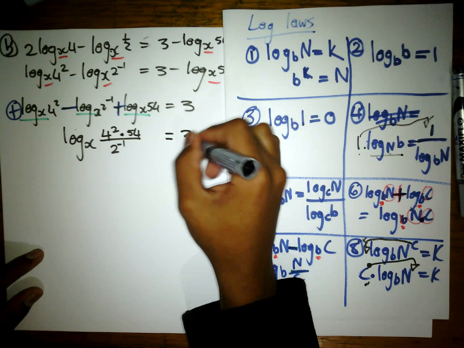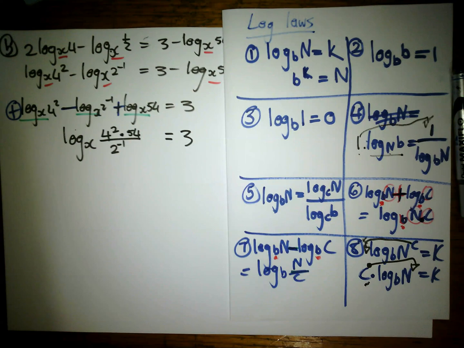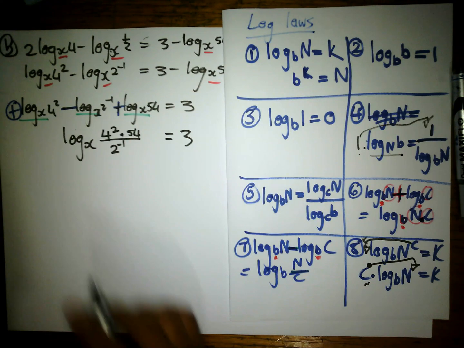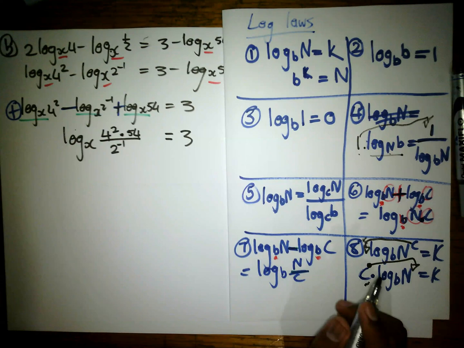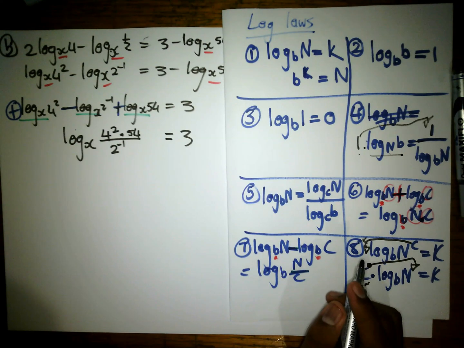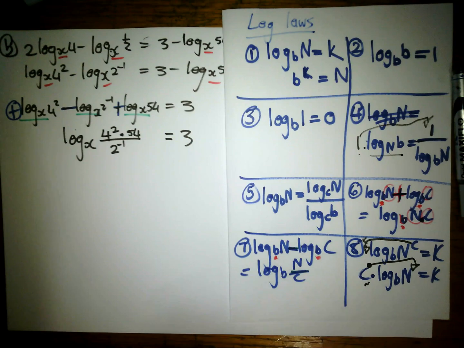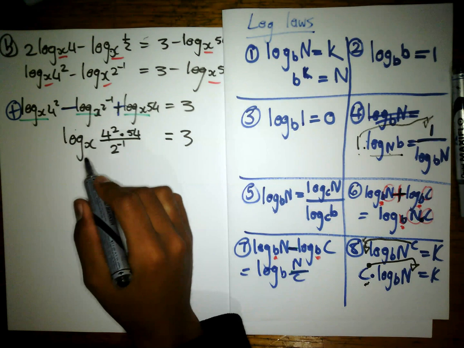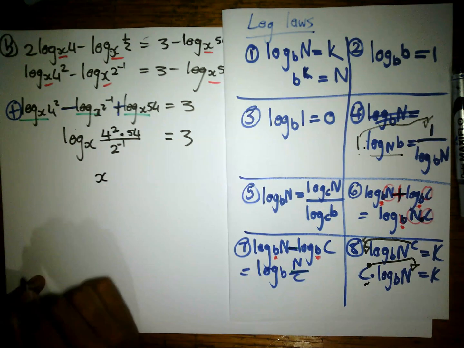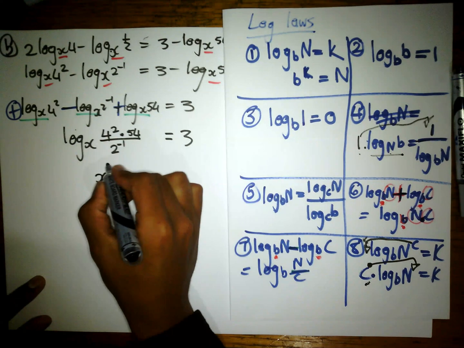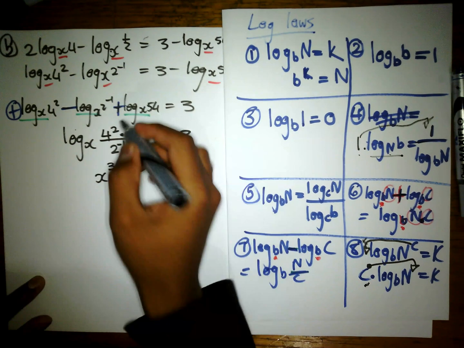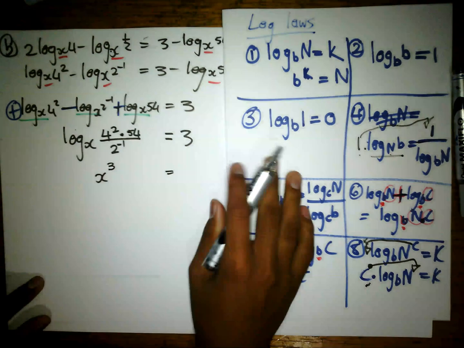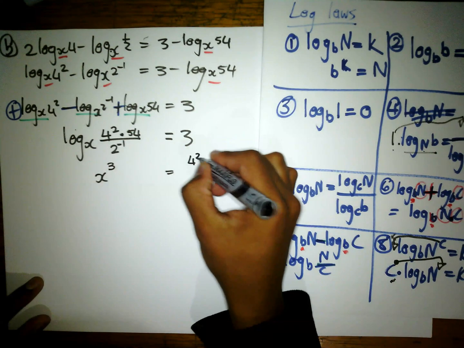Then equal to 3. So now we need to get x alone. How do we do that? It's the same thing we did earlier. We're going to use what law? We should know. It is law number 1. So the base drops. This number 3 becomes the exponent. This whole fraction, we could have simplified it, but let's not do that yet. Let's do it this side. Times 54